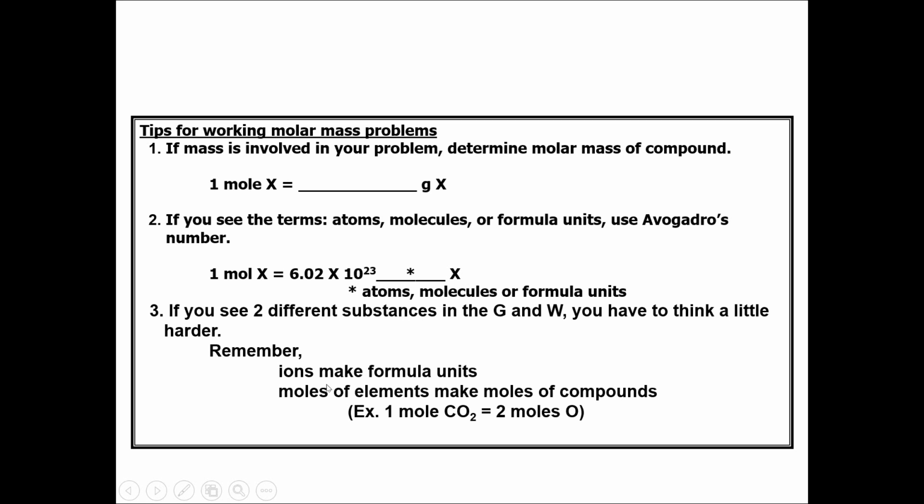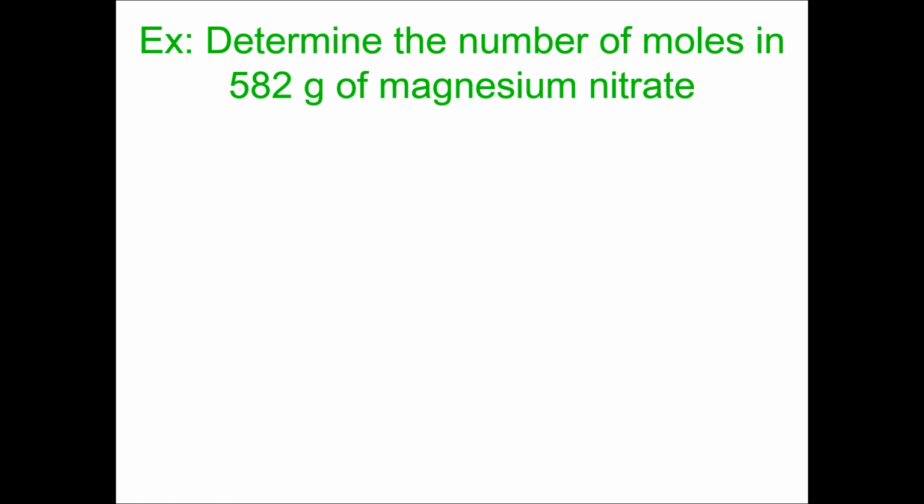And finally, if you see two different substances in the given and in the want, like if you saw carbon dioxide versus oxygen, we're going to have to do a little bit more thinking. I'll talk more about this when we get to that specific practice problem, but let's go ahead and look at the next example. Let's say you are being asked to determine the number of moles in 582 grams of magnesium